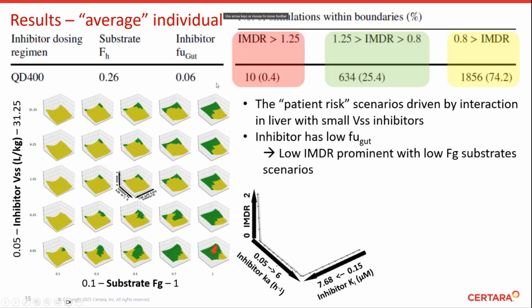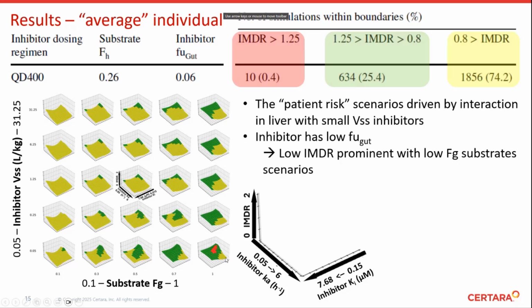And here, if we look first at the right-hand side, the cases where the substrate FG is 1, the interaction is contributed only by interaction in the liver, and the gut doesn't really play any role here. And there we see actually a small range of patient risk cases, and these scenarios are associated with